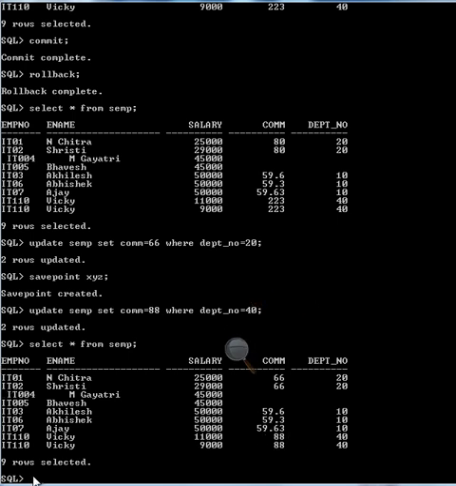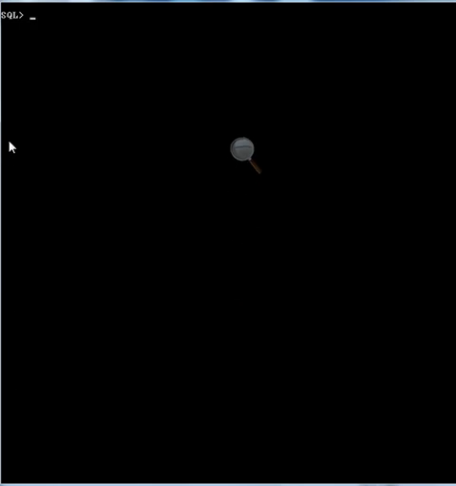Now let's try to roll back to point XYZ. First clear the screen. Now rollback to XYZ. Rollback complete.